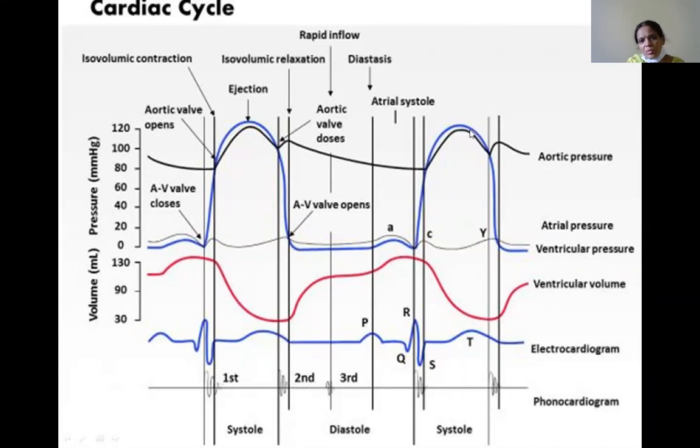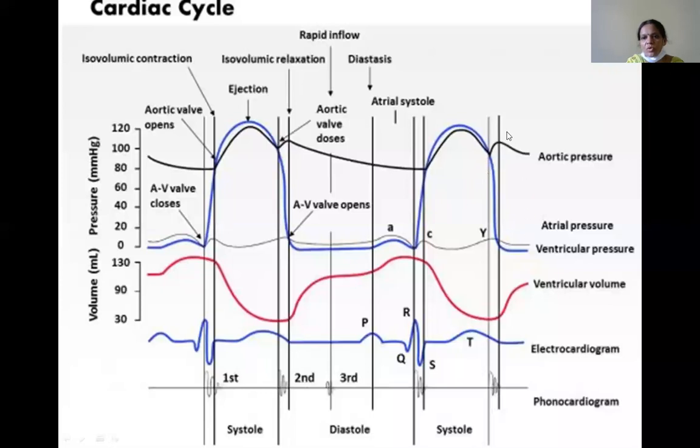So once the blood has gone into the aorta, what is happening to the pressure? The volume decreases, right? The volume in the left ventricle decreases. Left ventricular volume is being decreased, as well as the pressure. Left ventricular pressure, this is the blue line, as I already told you. So the pressure will be decreasing. The pressure comes down. Okay, when the pressure is coming down, what happens?